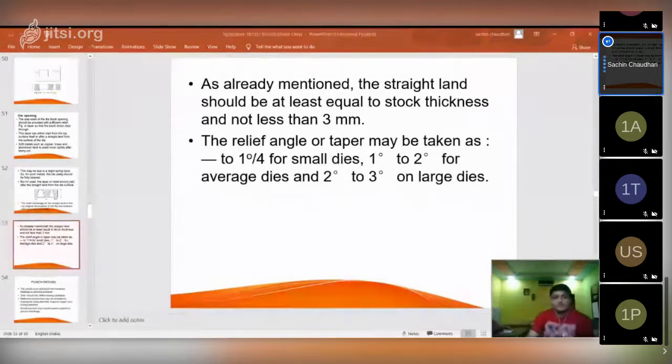And obviously, what is main in the die block is that it should be able to withstand the impact of the punch striking the material. That's why I told you about the calculation of A and T, guys. Okay, so how far the die opening should be from the relief angle and from the edge of your die block is important. Okay, and the pressure, your impact force should not be greater than 770 MPa. Okay, if it is greater, then you can change that A or T. One of the dimensions should be changed for the safety of your die block. Okay guys, so any doubt please ask.